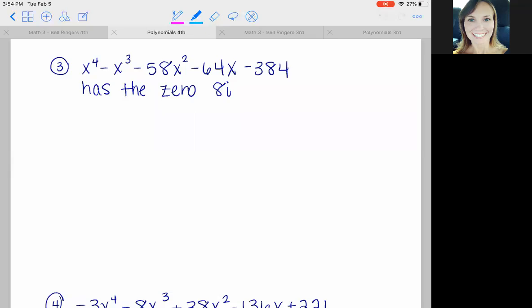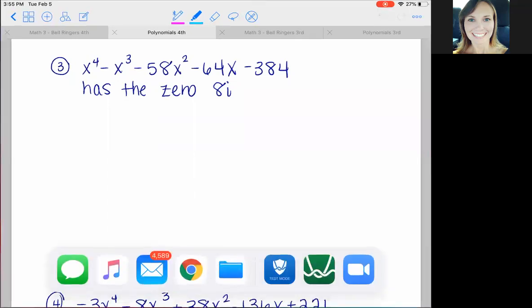All right, we're back with number 3. So here's 3. It's got a little bit more information than the others. It tells me that it has a 0 of 8i. So if I'm trying to solve, I already know one of the zeros. If you graph the function, so if I use Desmos